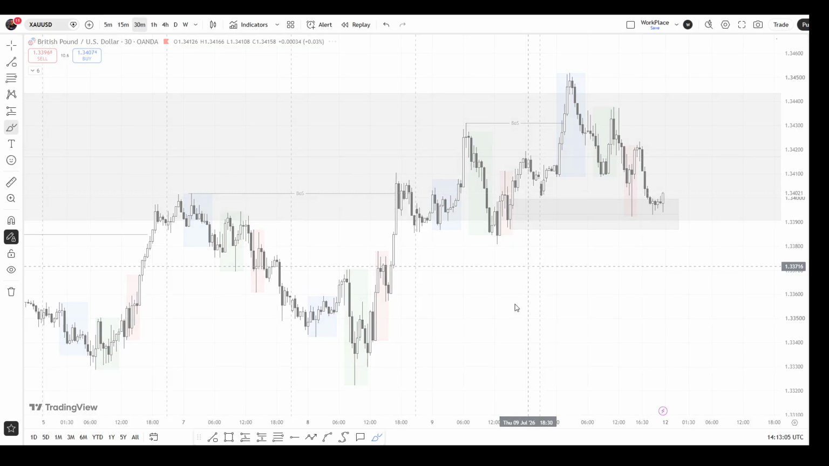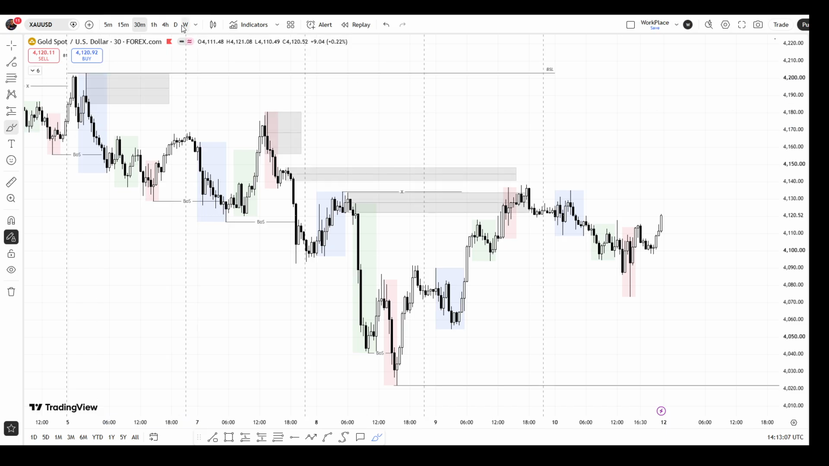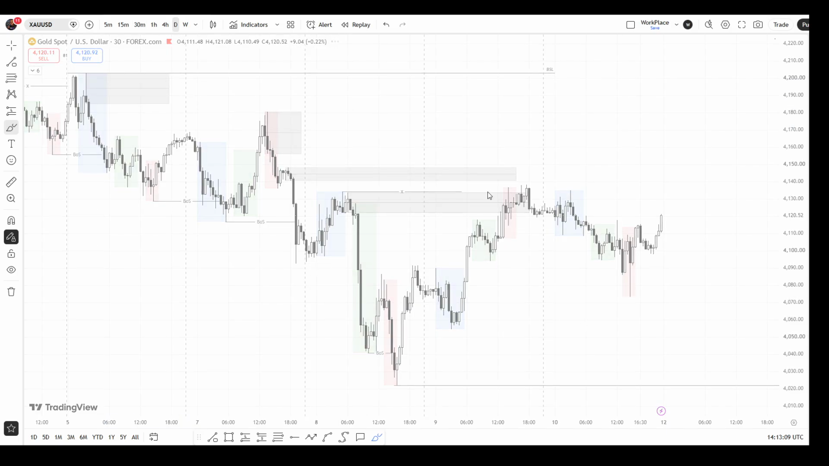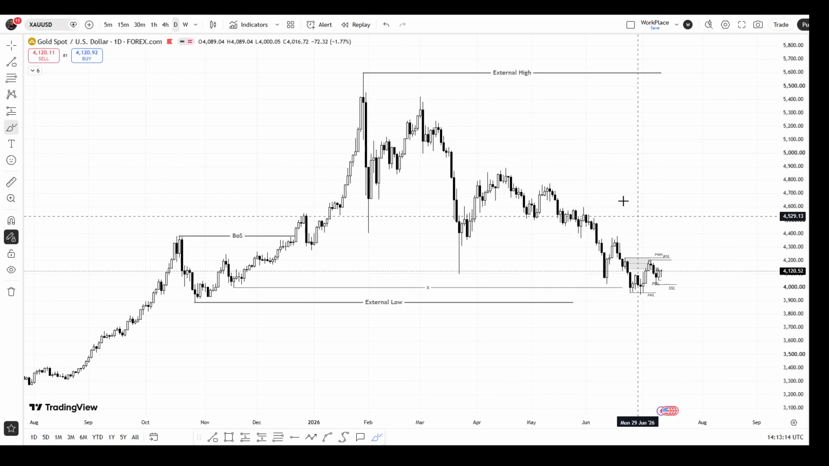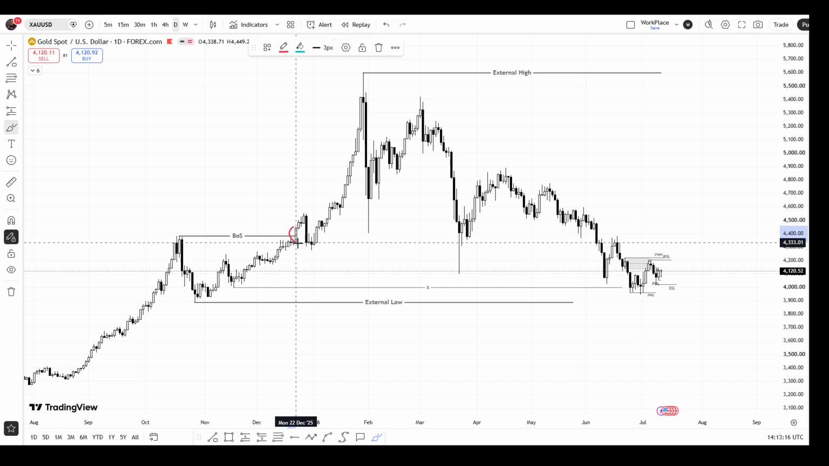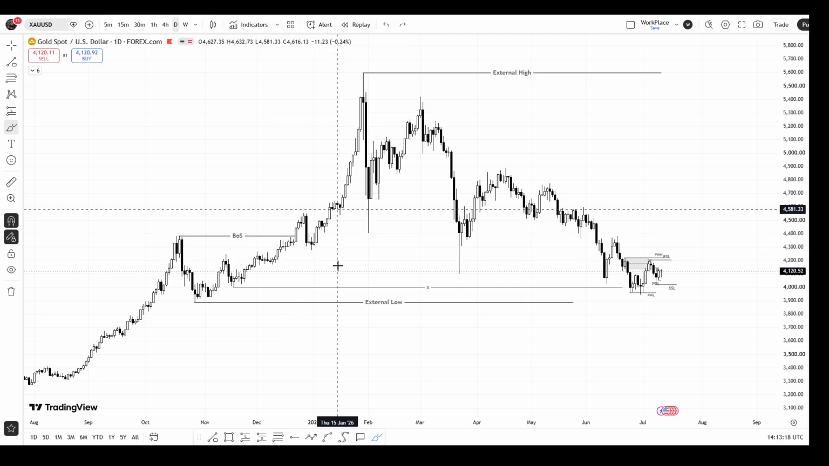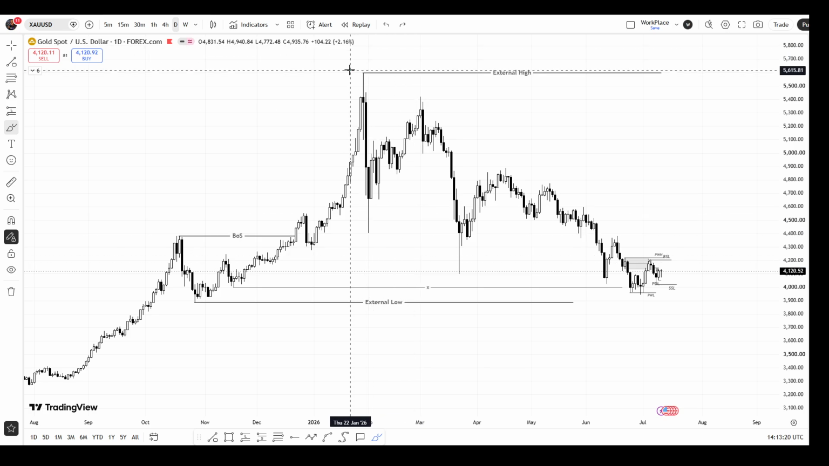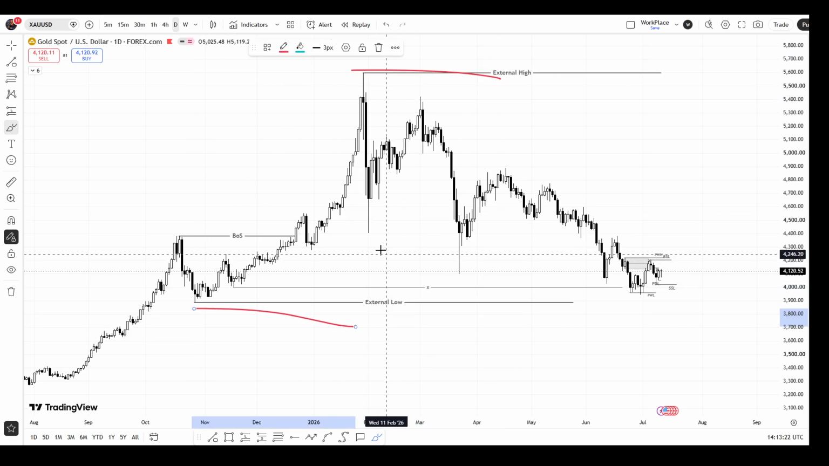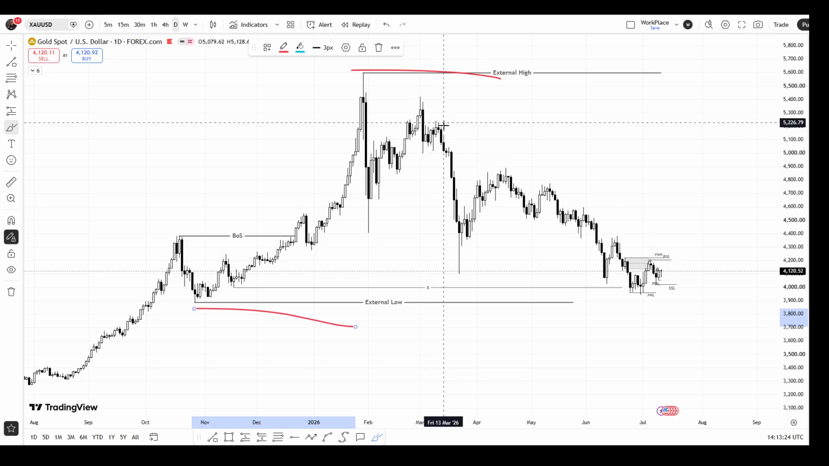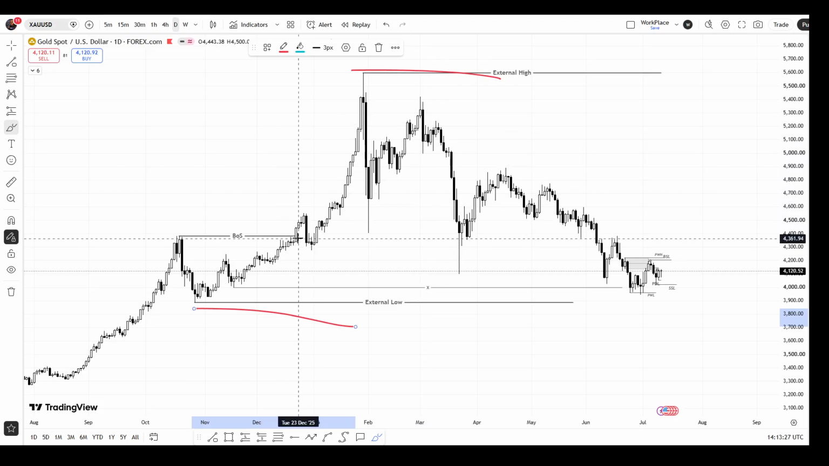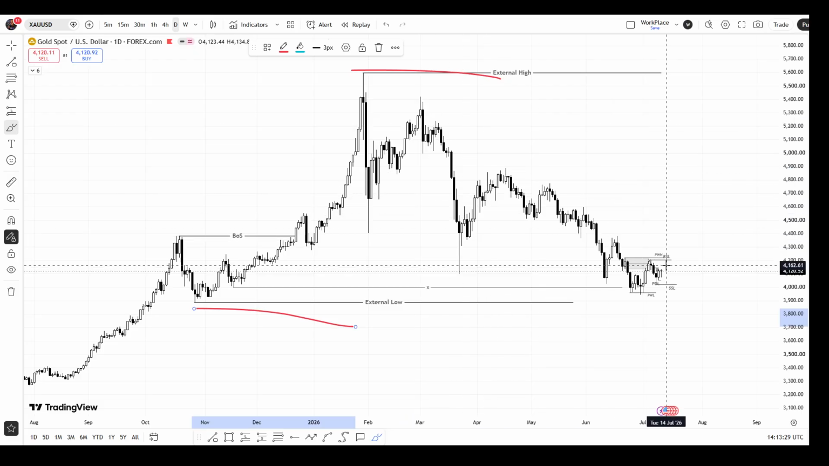So on the XAU USD, which is gold, okay. So on the daily time frame on gold, you can see that this was our last break of structure to the upside. Okay, on the daily time frame, this is my high, this is my low. So on the daily time frame, we are bullish structurally on the daily time frame. Okay, but